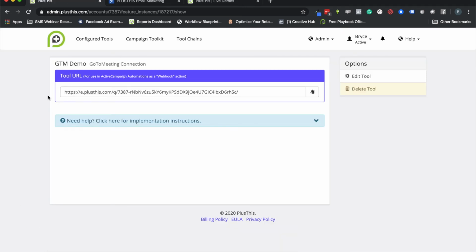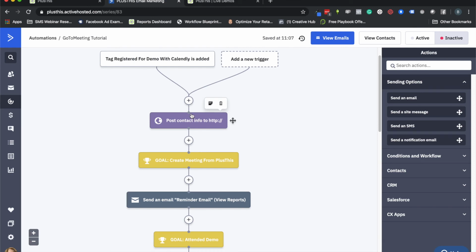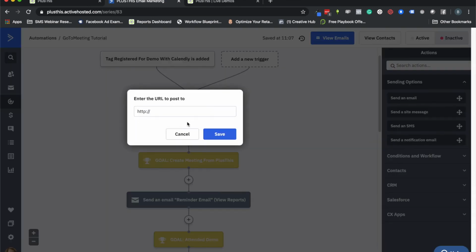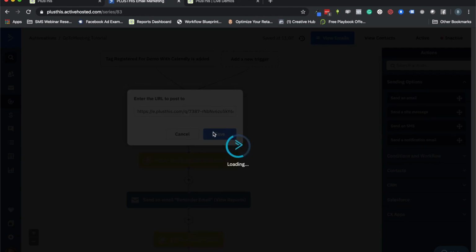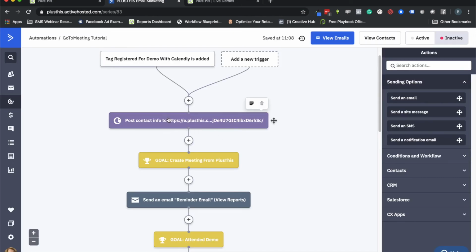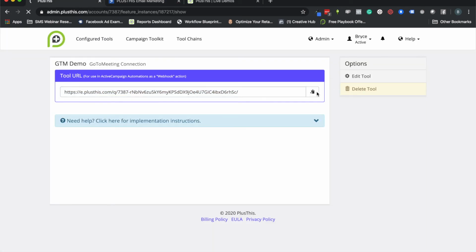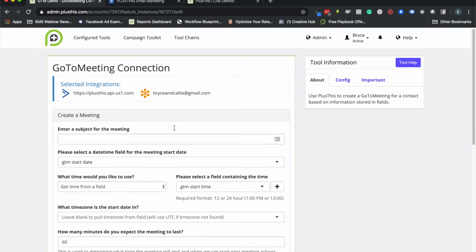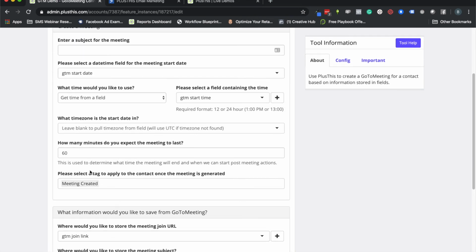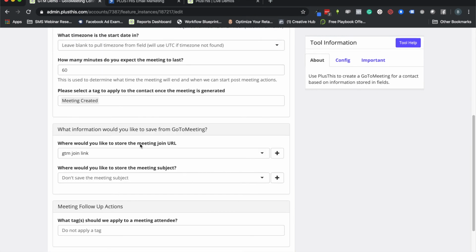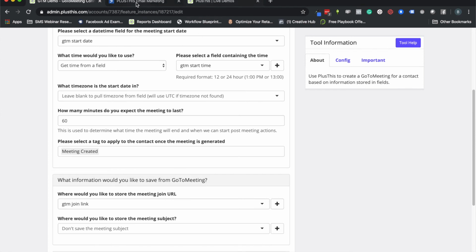All right, so now we're going to finish the implementation. So we're going to copy this URL for the webhook. We're going to go back to the automation. Here's that webhook to actually create the meeting. We're going to just paste in the URL we got from Plus This. That's going to go ahead and create the meeting. Then for your goal for when that meeting's created, you're going to use the tag that we had over in the setup over here, apply a tag when it's created,